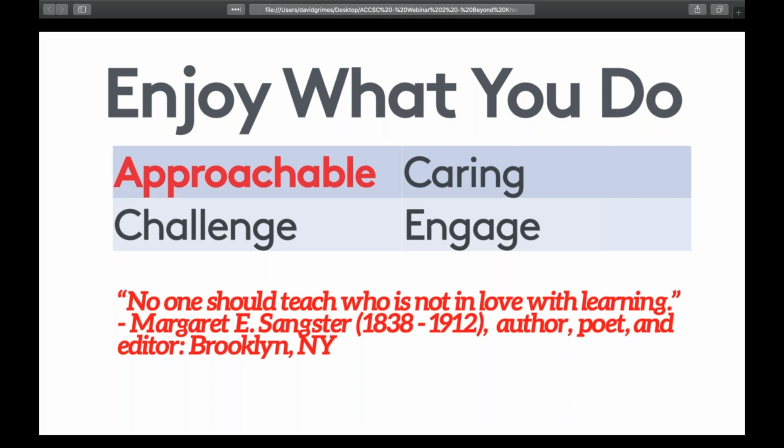Another thing to think about is how often are you behind a desk or podium or lectern? Because this creates a barrier between you and the student, and it just doesn't have an approachable feeling to it. Do you wander around the class, or do you stick up front behind the desk when you're done with your lecture, like you imparted knowledge? Now you go to the desk because there's a couple things you need to do, and the students are just sitting at their desks. You have your desk with your 15 piles of papers and your big desk in front of you. It's not very approachable.